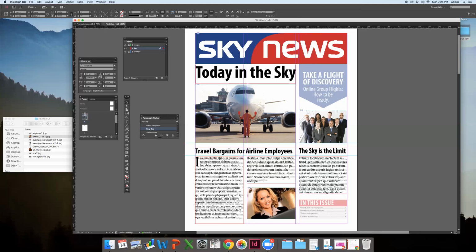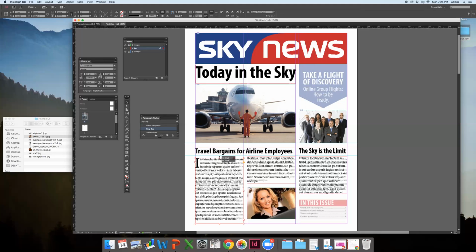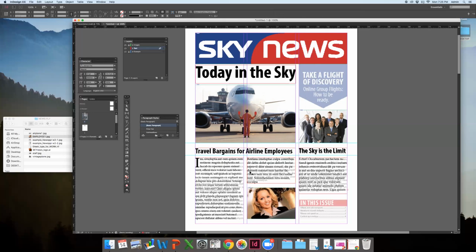I'm going to bring it down so it aligns well with the example one right there. We won't need to worry too much right now about aligning because we're going to get into that in just a minute. I'm just making sure everything lines up well. I'll need to highlight this. I'm going to do another